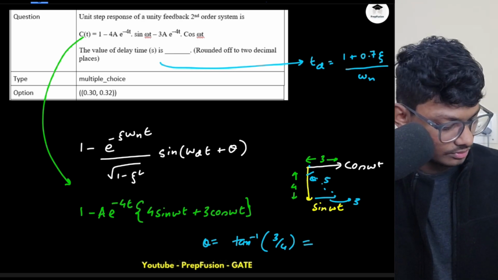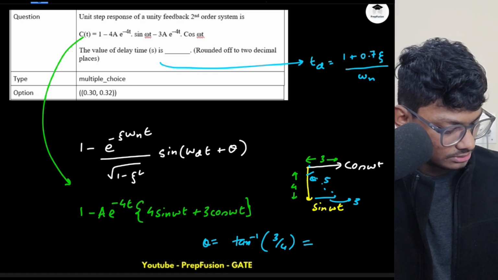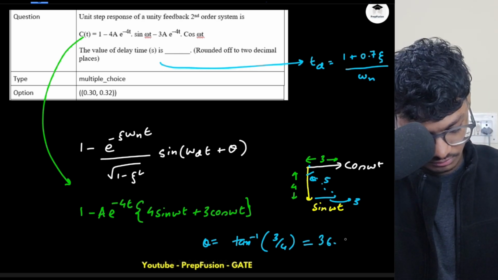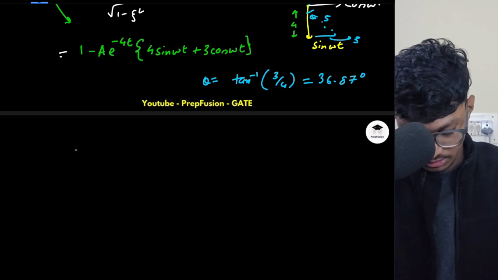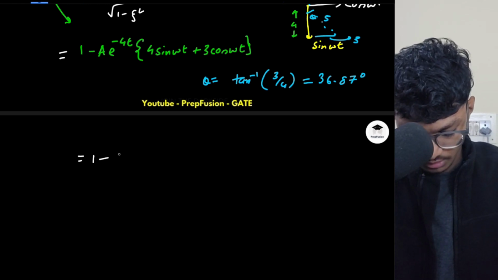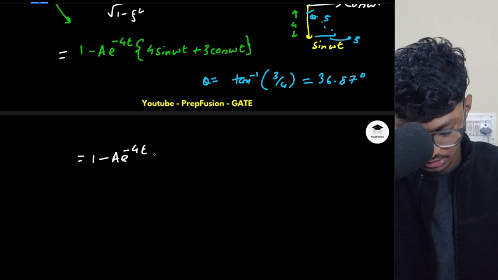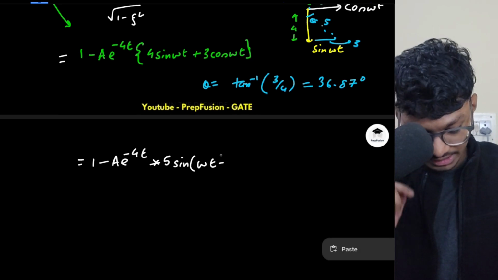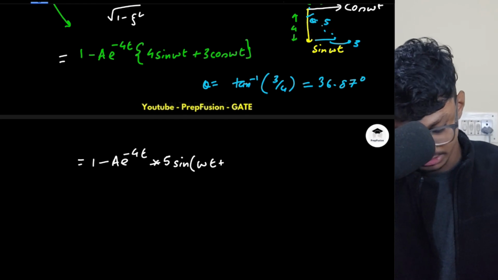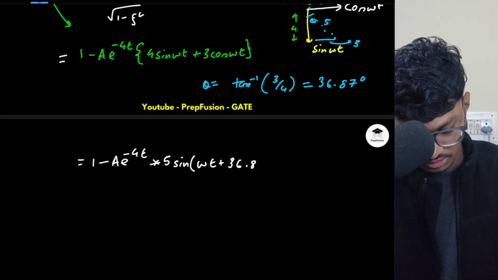So what is this value equal to? I will quickly calculate this. So tan inverse of 3 by 4 is 36.87 degrees. Okay, so this equation can be converted into 1 minus a e raised to power minus 4t, and 5 also will be there, because its magnitude is 5, into sine of omega t, and the angle is leading, so it will be plus, because it is leading from sine, so plus 36.87